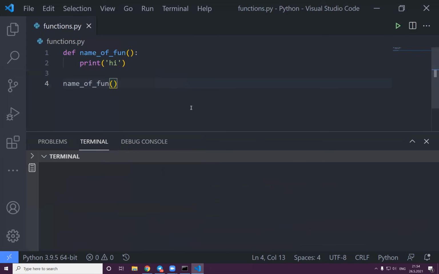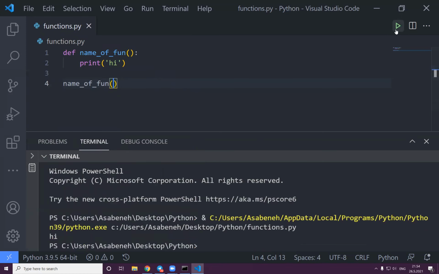And let's run. Hi, great. Hi, if you just say hello world or hello Mr. Function,